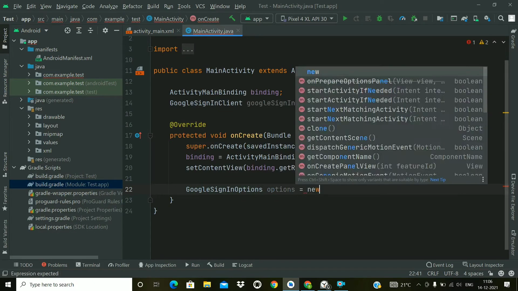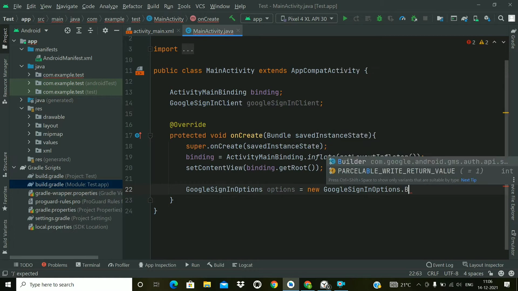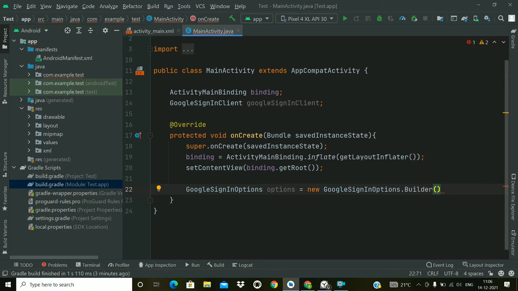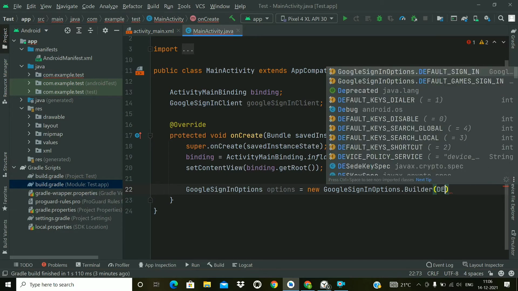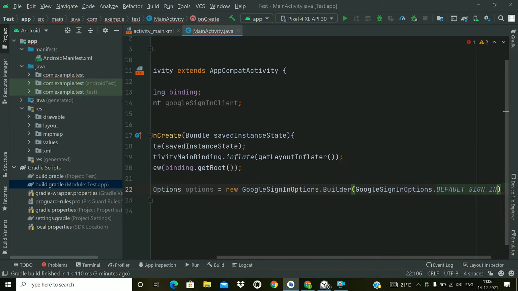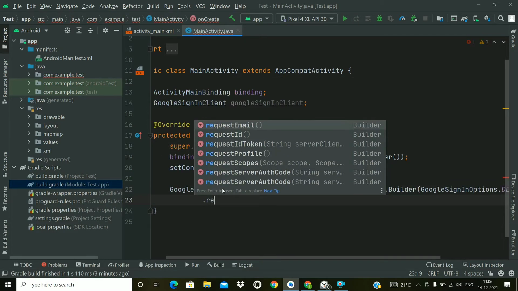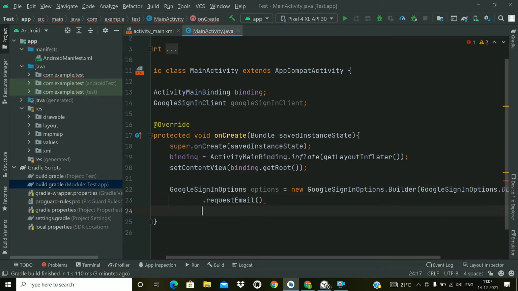Now initialize this new GoogleSignInOptions and we will use the builder here, and we will pass the default sign-in for the options, and now we will request the email. So requestEmail and dot build.